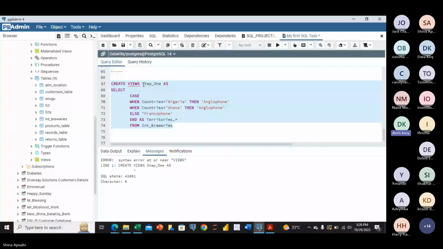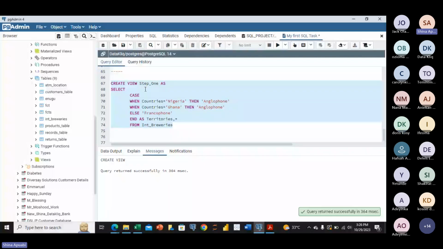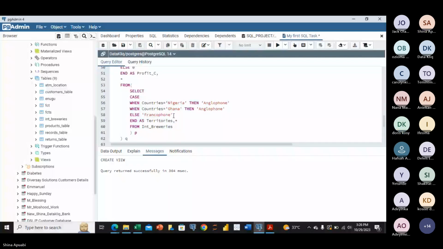Create view, oh, sorry. Now it will tell me successful, step one. So that in the main table here, I can now replace it with step one. I will just say from